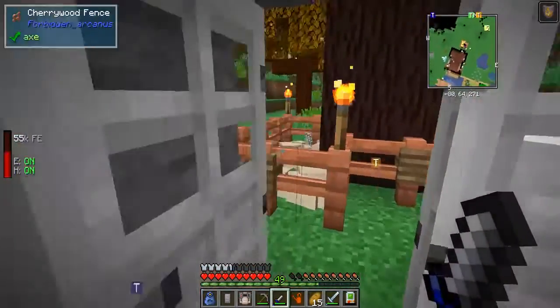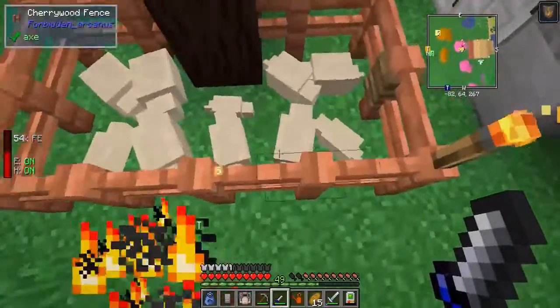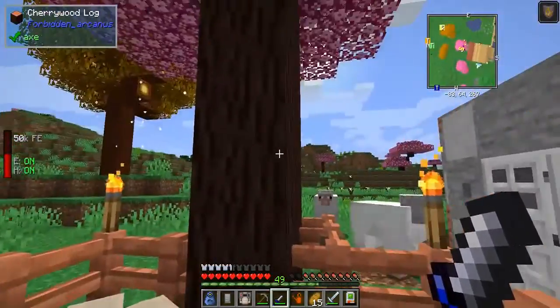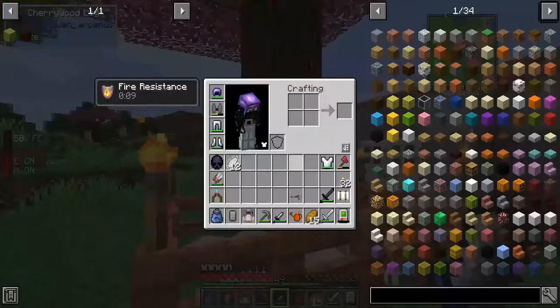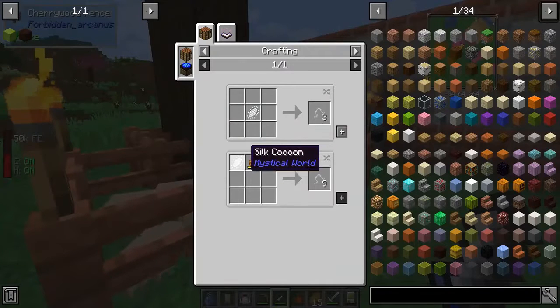I did find some of these silkworm things. I just was chopping down some trees. This is my little silkworm farm. They're cute little grubs, I guess. They look like maggots. I don't even know. I was just chopping down a ton of trees, and I got this little ball, and I threw the ball on the ground, and then I've got these silky cocoons, which allows you to use this, by the way,